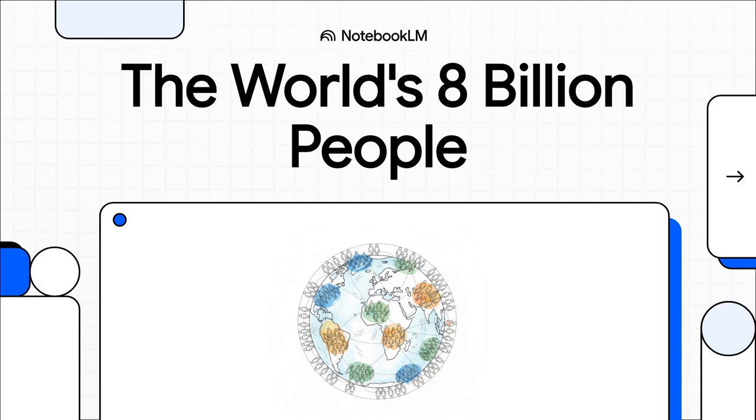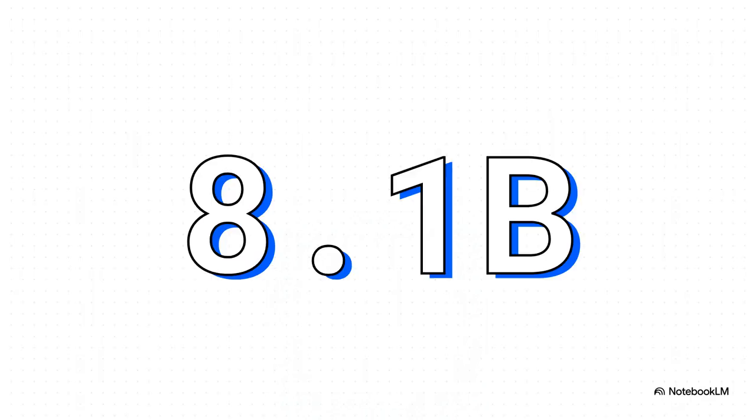All right, let's talk about, well, us, all of us. We're diving into the massive, sprawling story of the human population on this planet and figuring out how on Earth we all ended up where we are. So check this out. As of right now, there are more than 8.1 billion people sharing this planet. I mean, that's a number so huge it's almost meaningless, right? It's hard to even picture.